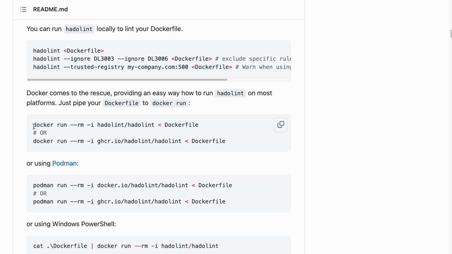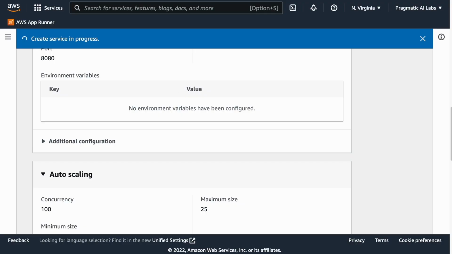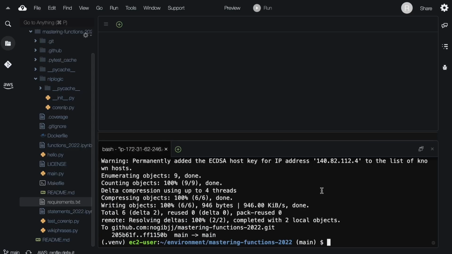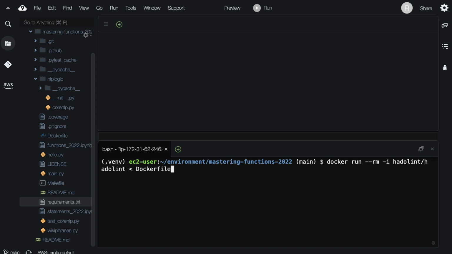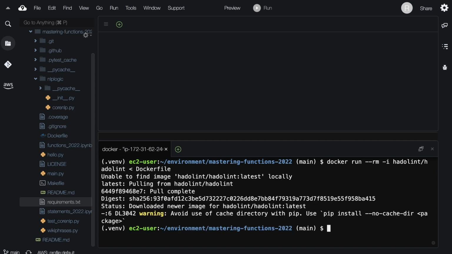Like you can just run docker run. So basically you can use Docker with a lint tool to test the Dockerfile, so it's a little bit meta here. And let's go ahead and refresh here. And so if we do this, it's going to pull the image,